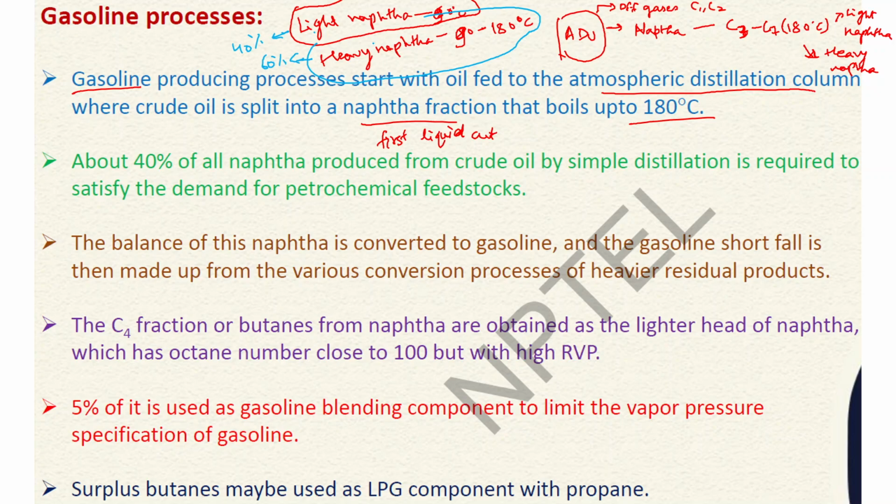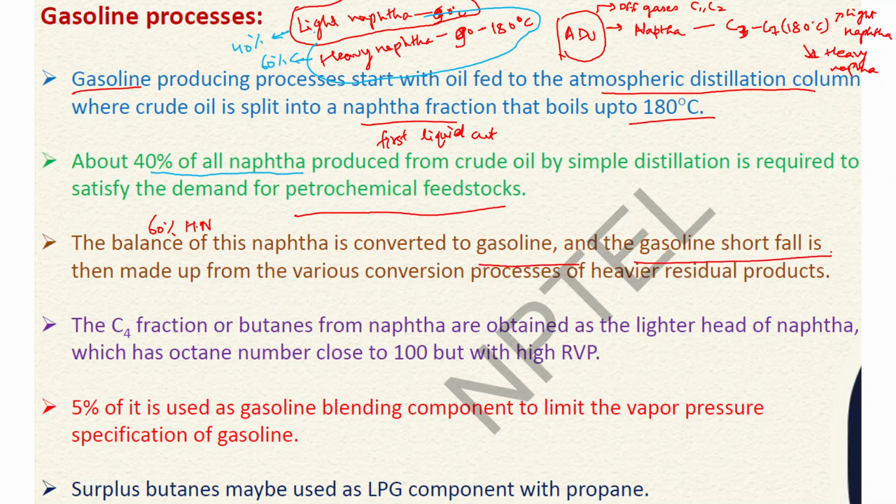So why I am telling you this: this light naphtha portion, this whole 40% of the naphtha produced during crude oil distillation, acts as a feedstock for petrochemical applications. Okay, basically this 40% of all the naphtha produced from crude oil by simple distillation is required to satisfy the demands for petrochemical feedstock. Okay, and the remaining 60% heavy naphtha is converted to gasoline,